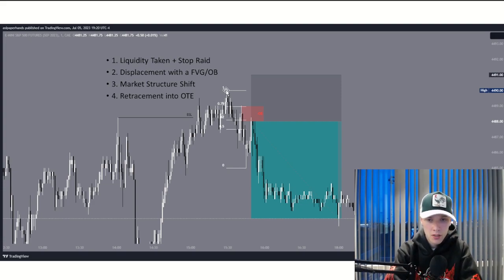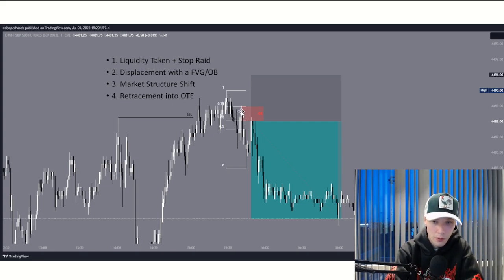It does this little bit of slow displacement down here, which if I was going to enter this, I definitely wouldn't have entered this. But it goes back up. This body right here, which is this bearish order block that we're looking at, respects this bearish order block just up here. So we have a bearish PDA getting respected. So that's perfect for me.